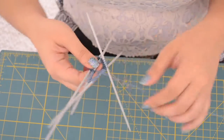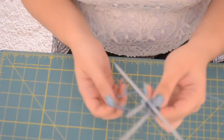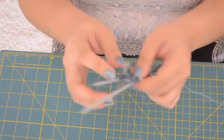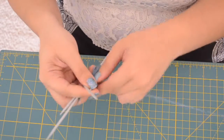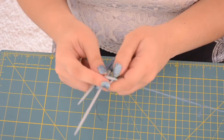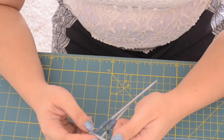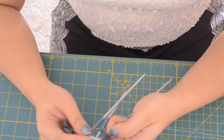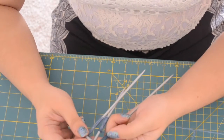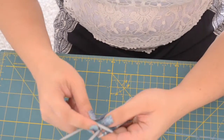And if you're using a row counter, you can click the row counter when you get to where the tail is, which is the beginning. So we'd have to knit a whole round in order to see the effect of that. So I'm going to finish knitting this round, and then I'm going to show you, actually before finishing knitting this round, what happens when you finish the very last stitch,